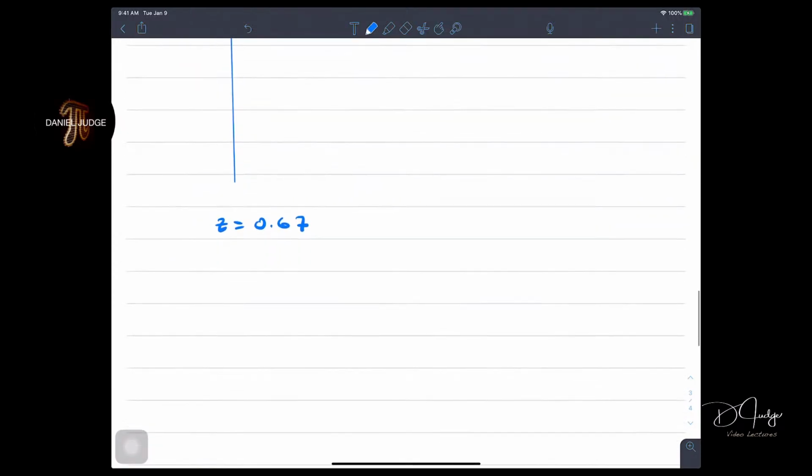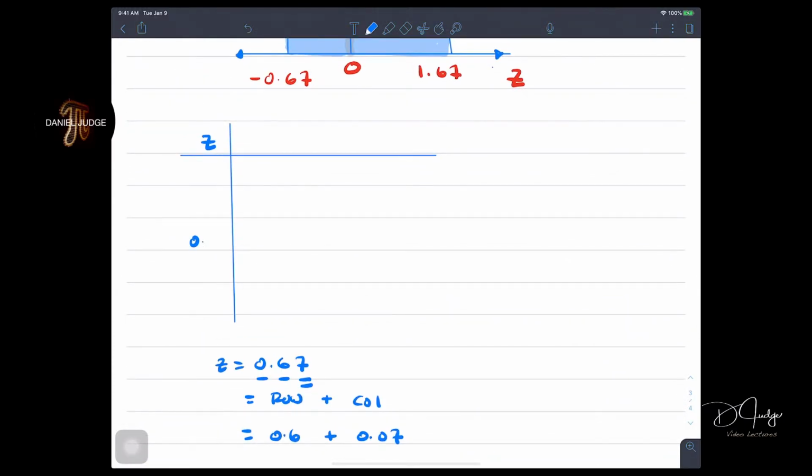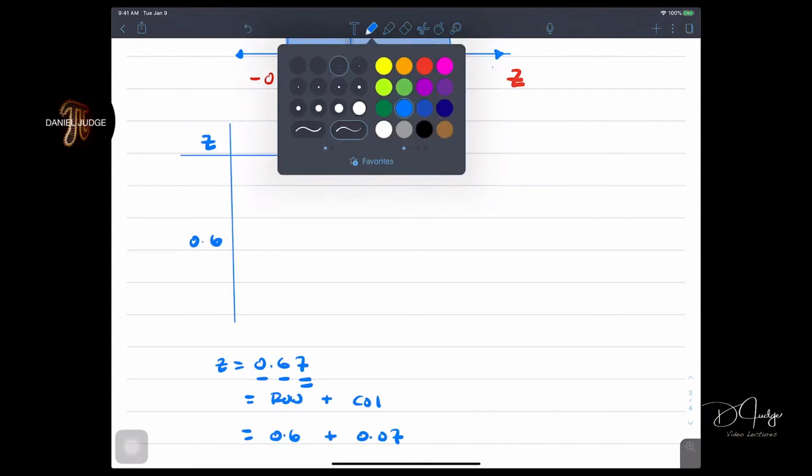We need a row, right? And we have to add it with a column. So what row was this last week? It was row 0.6. And then this is my column out here, 0.07, if you guys remember. So I need to find the z value in row 0.6 and column 0.07. If I can find that value,